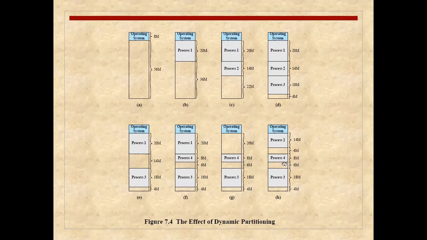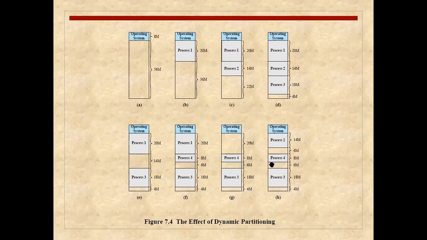For this, you need to use a mechanism that is known as compaction. Using compaction, you will shift this process nearer to process 2, this process near to process 4. So you will be having a big block at the end of the memory, so you can accommodate a big process here. But this compaction you are required to do from time to time, it will be difficult for you to write such kind of algorithm, and again it will consume your CPU load.